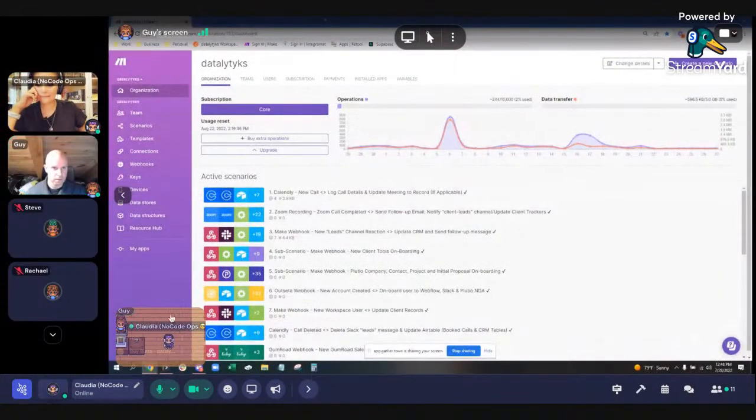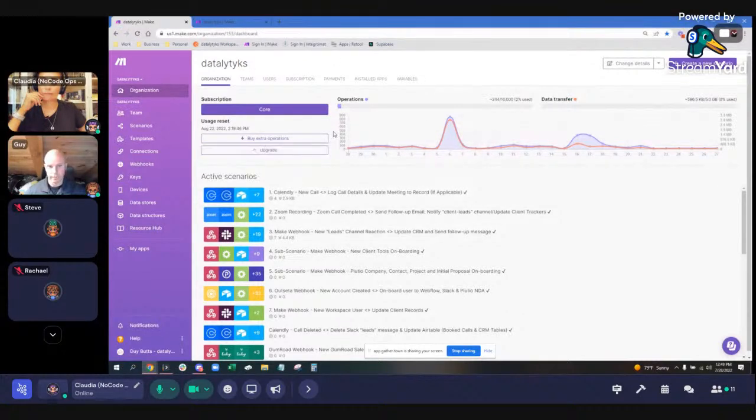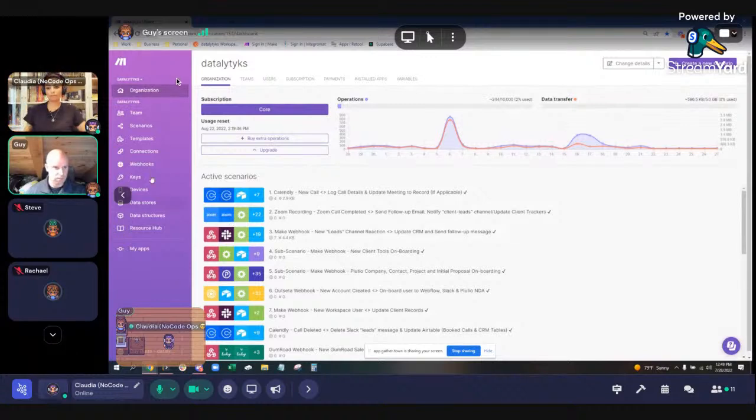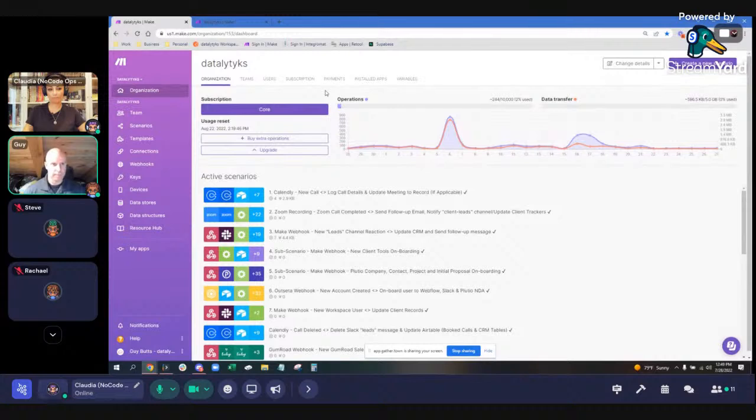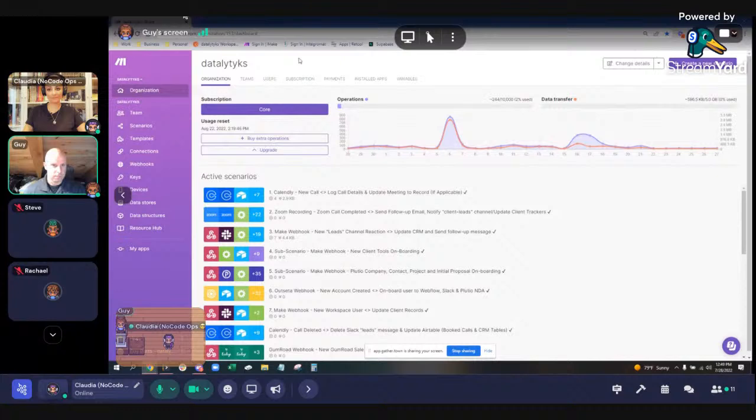Brilliant. Okay. So the interface of Make, this is exactly the interface when you set up your account. If you've never been inside of Make, it's very similar to Integromat. In the left side menu, this screen is a little different now, but with Make and Integromat, the interfaces are kind of the same. If you've never used Make or Integromat before, this is your dashboard, your homepage, where you can do everything with your account. The one big advantage for Make over Integromat, though, Zapier has this function too, is